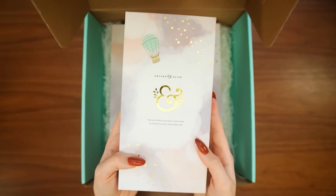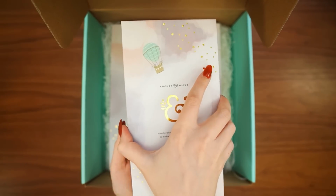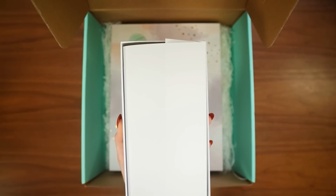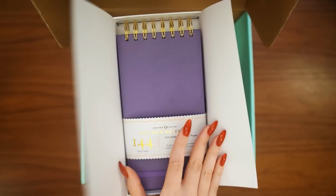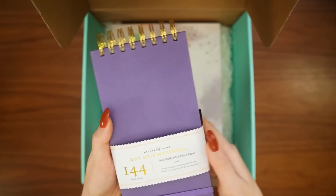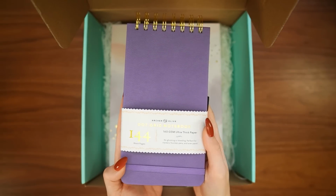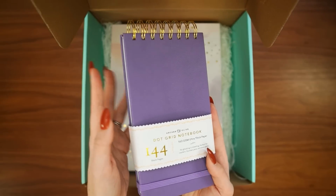So this is the first exclusive notebook in the subscription box, and it's traveler sized. And this is what it looks like. So this is the notebook. How beautiful is this? Oh my goodness. So this is a stunning purple traveler sized notebook, but as you'll notice, instead of opening sideways as usual, we